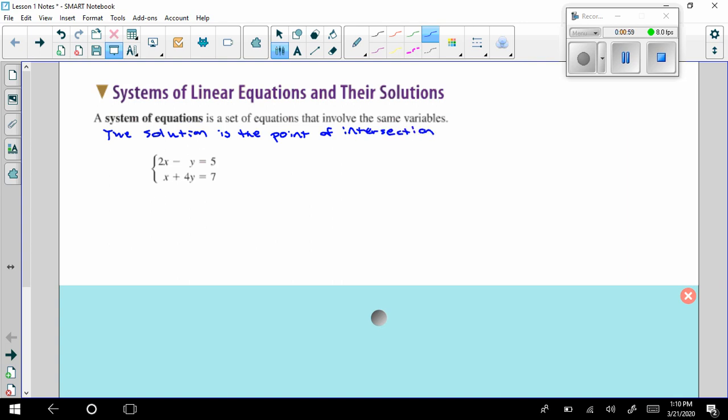Like this, for example, would be a system of equations. And so if I say, is (2, 3) a solution to this system,